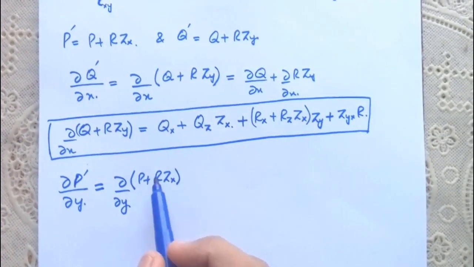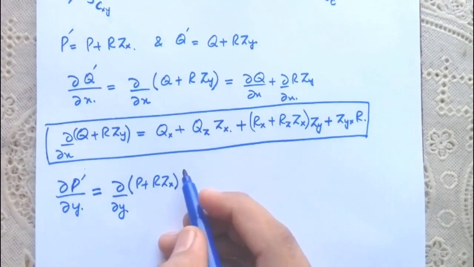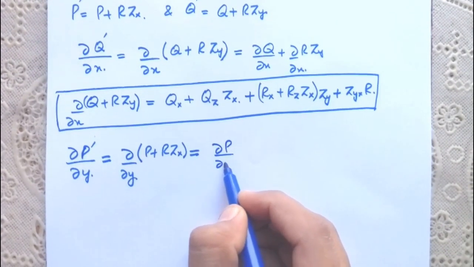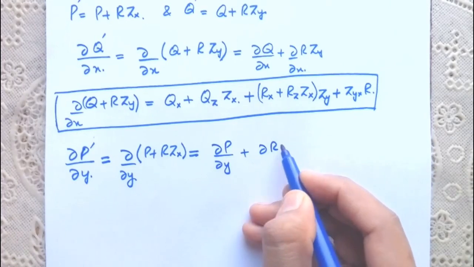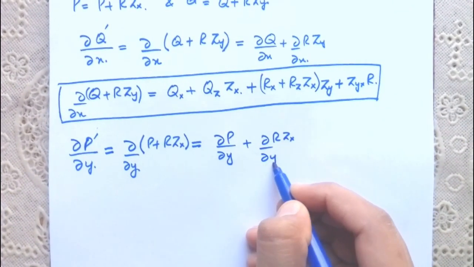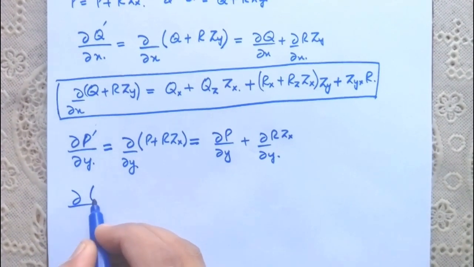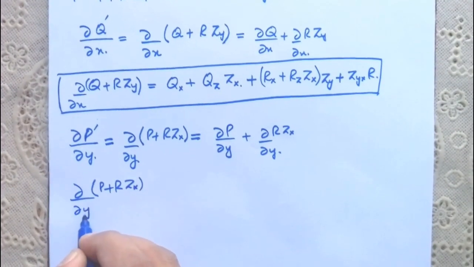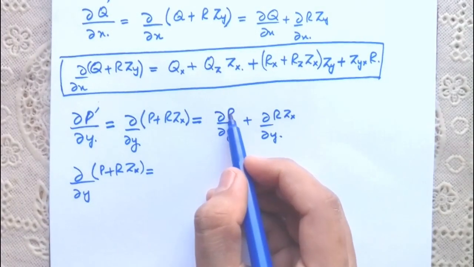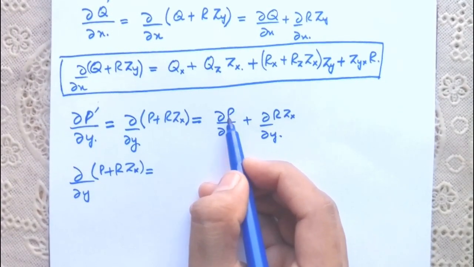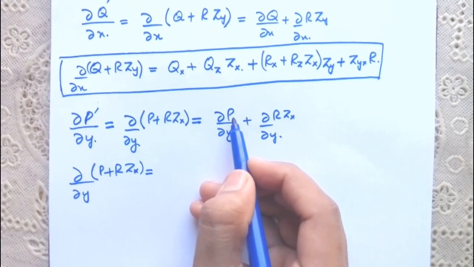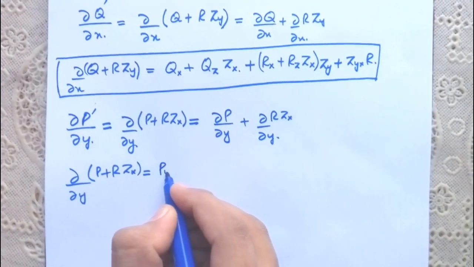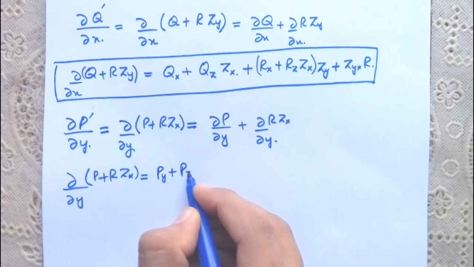So this will be exactly the same way as we differentiated this one. It is equal to partial of p with respect to y plus partial of r zx with respect to y. So partial of p plus r zx with respect to y is equal to partial of p with respect to y, and p is a function of x, y and z and z is a function of x and y. So partial of p with respect to y is equal to py plus pz zy